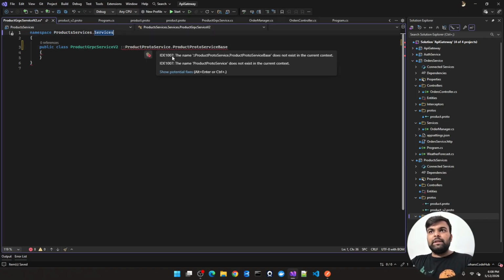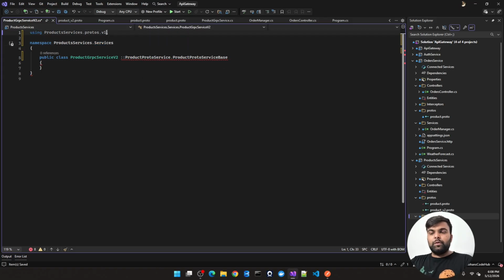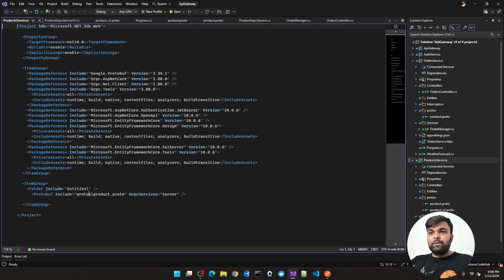Thereafter it is asking me which one I want to implement. I want to implement it as v2. Before you implement v2, first of all you have to register the proto buffer file that we have created there. So let's paste it here. What was the name of the new v2? This is product underscore v2, for the gRPC services server side.